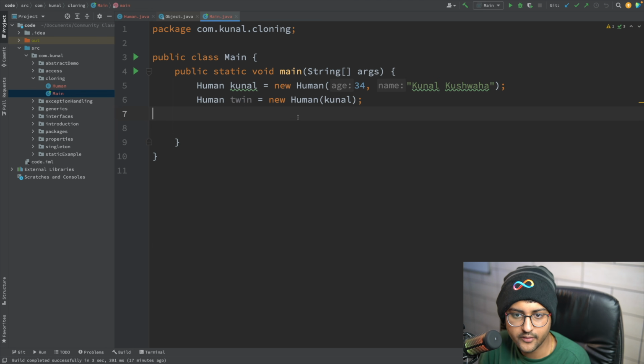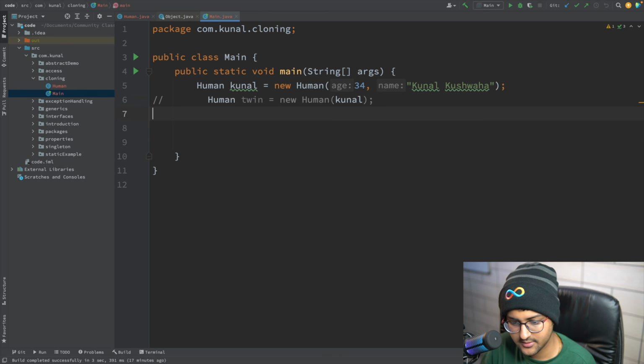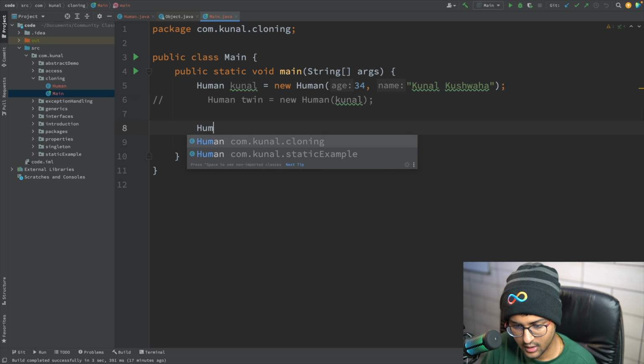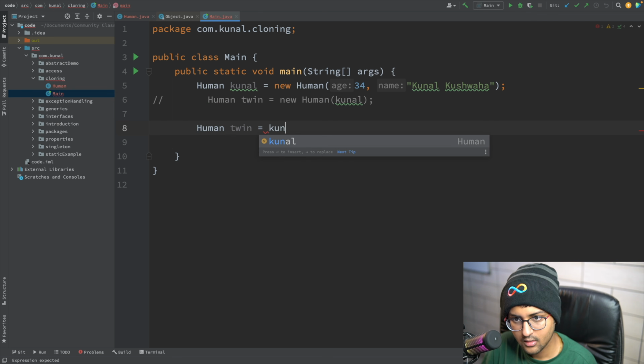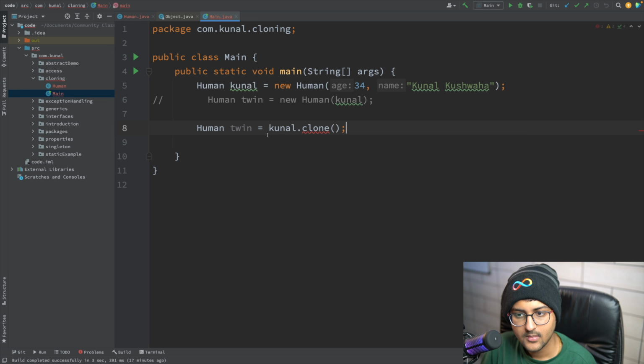Now, if you want to make a clone of this, instead of this, you can do something like Human twin is equal to Kunal.clone, and I'm just going to cast it to Human.